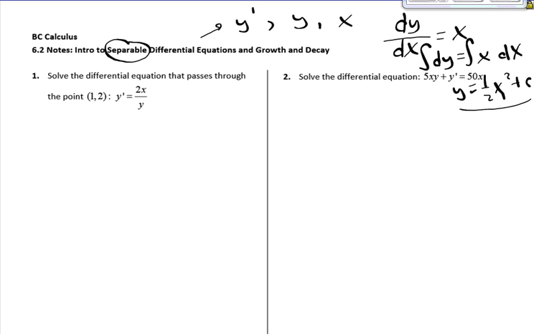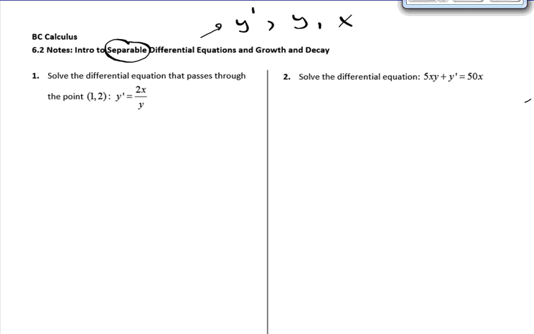And the whole meaning of separable means I can put all of my y's on one side and all of my x's on the other side, and be able to take the integral. And actually, most differential equations you can't do that with, but we're just going to look at separable differential equations first, and then later on in the unit we'll look at equations that are not necessarily separable. Okay, so for our first example, we have this equation, y prime equals 2x over y,